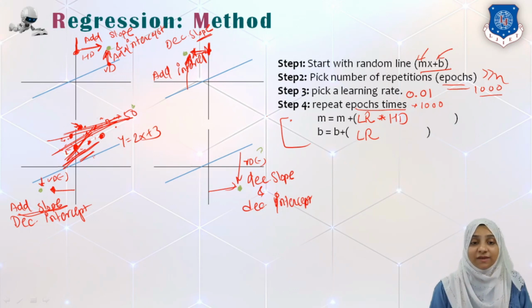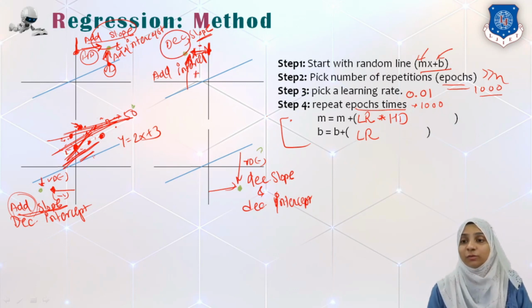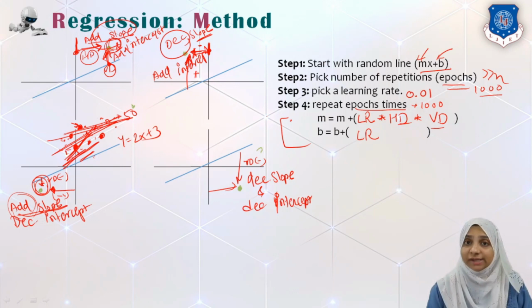As you can see, whenever both distances are negative, we will add to the slope. When both distances are positive, we are adding to the slope. Here one distance is negative and the other is positive, so we decrement our slope. Basically, the multiplication of positive and negative gives me the correct sign for the slope. If both distances are positive, we are referring to a point in the first quadrant. If both distances are negative, we are referring to a point in the third quadrant. If one is positive and the other negative, it can be in the second or fourth quadrant, but irrespective of that, our slope must get decremented.